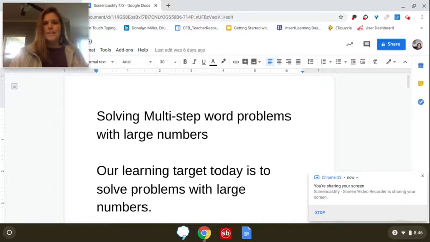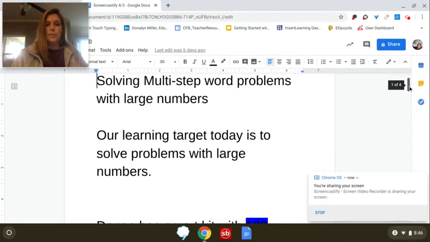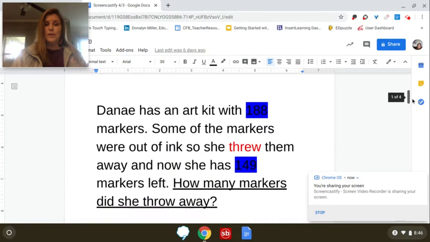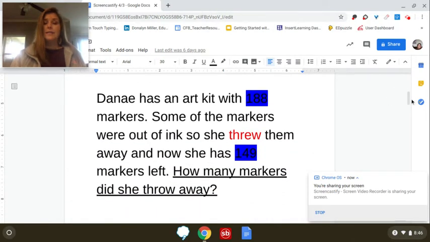Hi, everyone. Today, we are going to have a learning target of solve problems with large numbers. We're going to look at a couple of problems today, and then I'm going to have you work some out yourself, kind of like we've been doing. As always, if you need to use the virtual manipulatives for math that we've been using this week,